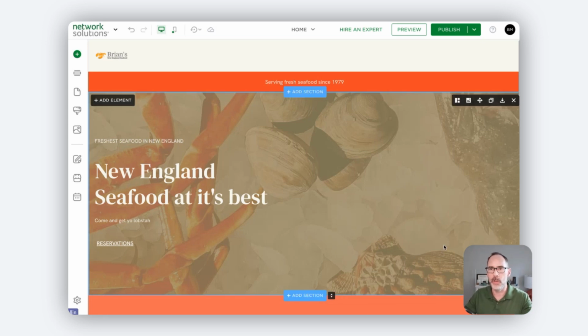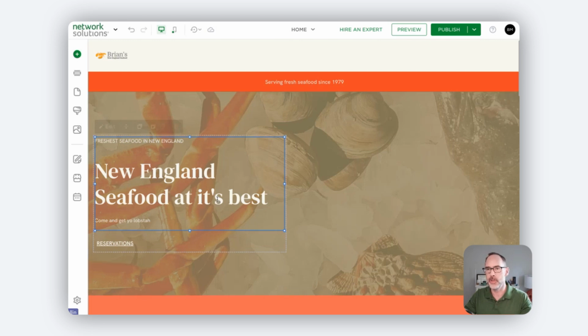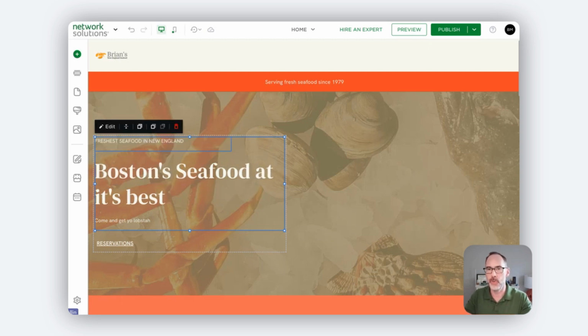website. So first off, really any text that you see on the page is easily editable just by double-clicking into it. So if I want to come in here and say, hey, it's not New England, it is Boston's seafood at its best. It's as simple as double-clicking in there, adding and removing and typing whatever text you want on